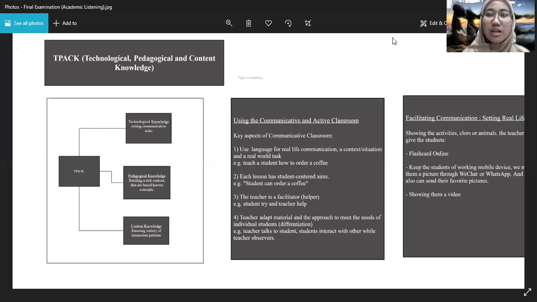Well, the teacher must be a helper for their students, of course. If their students find difficulties in the classroom during the learning session, the teacher must help the student to find the solution to their problems or obstacles in the classroom. And the last, the teacher adapts material and approach to meet the needs of individual students